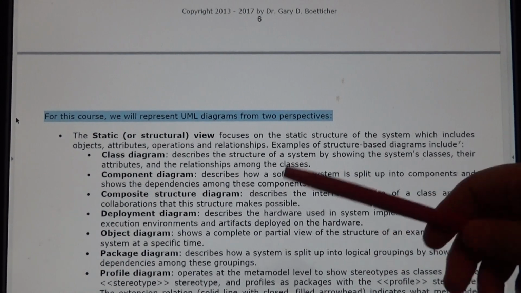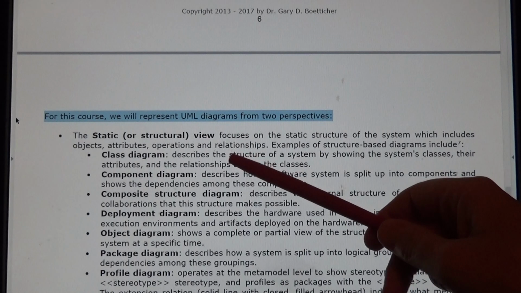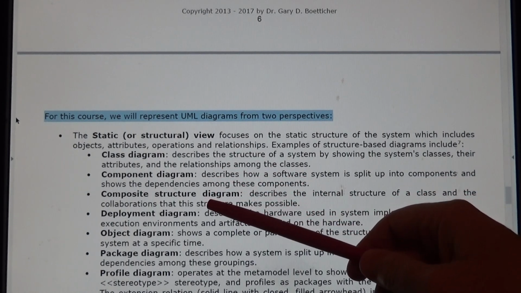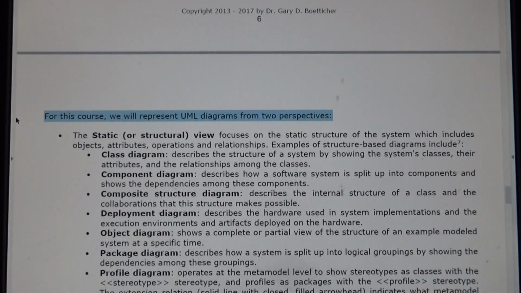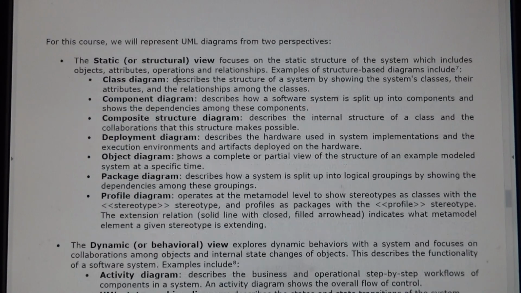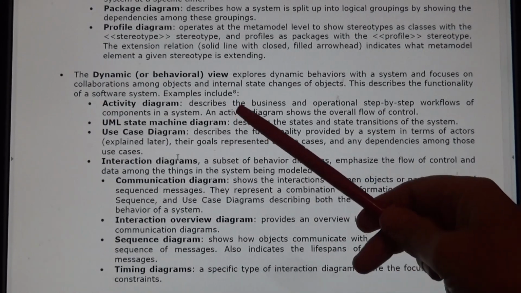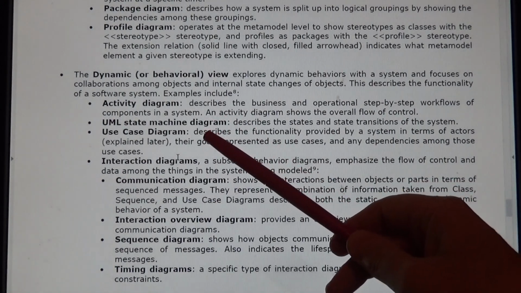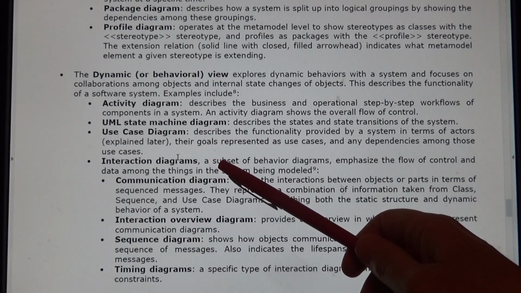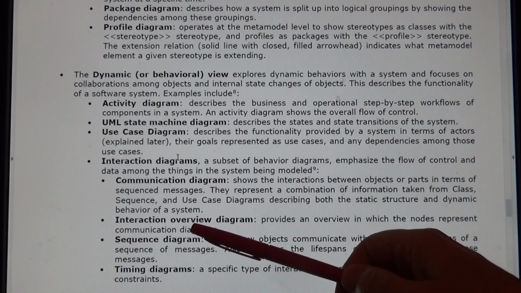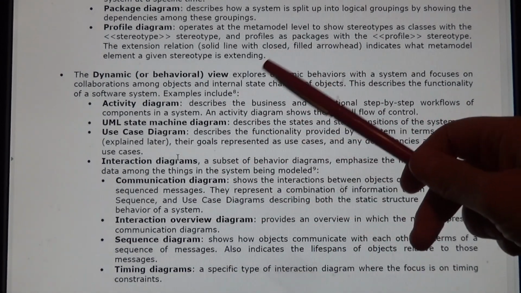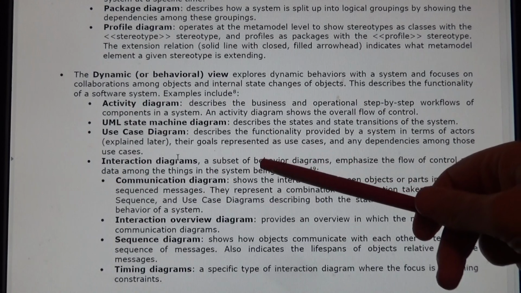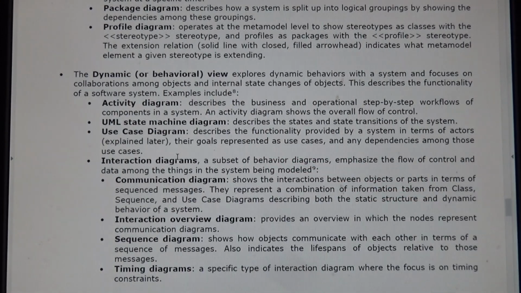Regarding UML, structurally, class diagrams come in the category of structure, along with component, composite, deployment, object, package, and profile diagrams. These are all static or structural. Dynamic or behavioral diagrams include things like activity diagrams, state machines, use cases, and then interaction diagrams, which break down to communication, interaction, sequence, and timing. Sometimes you'll see overlap between some of these diagrams, especially in the behavioral, and we'll be focusing on the ones that are more commonly used.